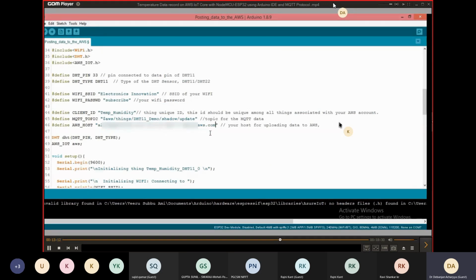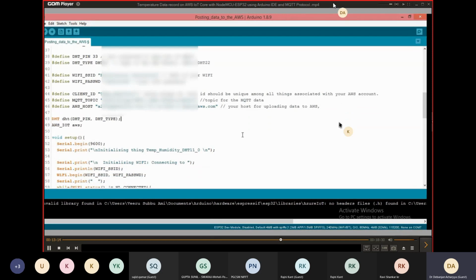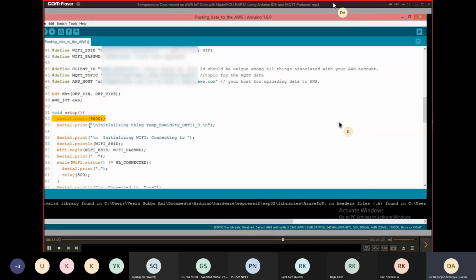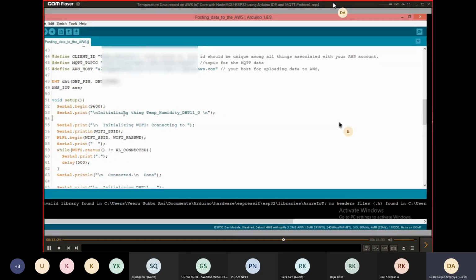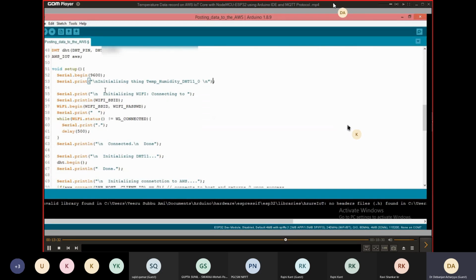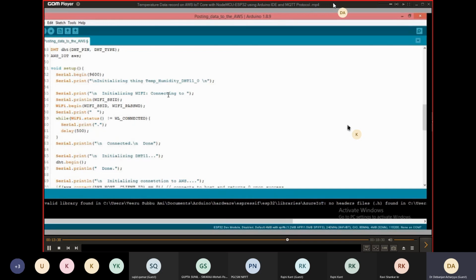And here we have some object creations. And coming to the void setup, this is the 9600 baud rate for serial monitor. And here I have given some comments to know what is happening inside of the DHT22, and initializing Wi-Fi and connecting to a Wi-Fi SSID. This Wi-Fi SSID is whatever you have given above. That is, I have given electronics innovation,